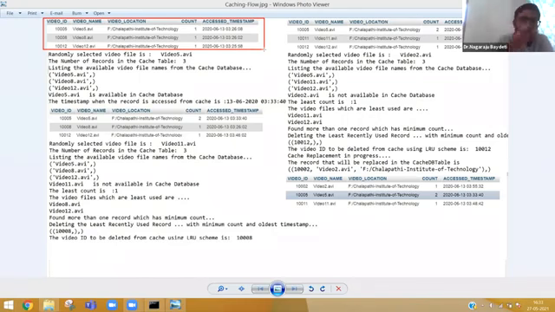Even though there is a video here, we are not going to store the video. We are only going to store the location of the video, just to simulate the cache. There are 10 videos available in total.